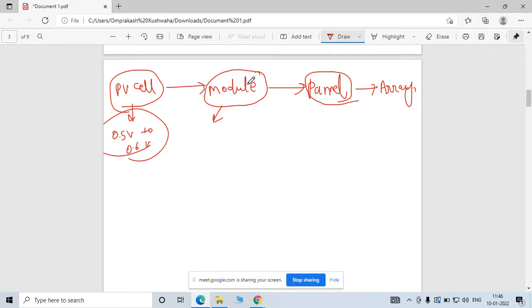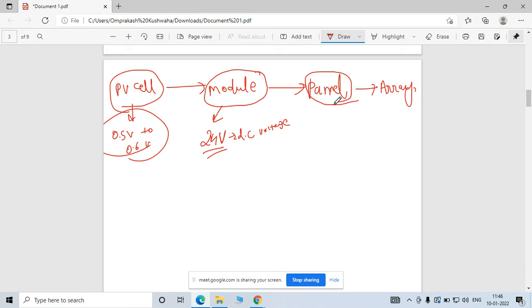And if you require a module, the output voltage of a module, if you observe the market, you will frequently find is 24 volt output, right? A 24 volt DC output module. Okay, this is a DC voltage. Now with different combinations of this module, you can make a panel for the required voltage, right?